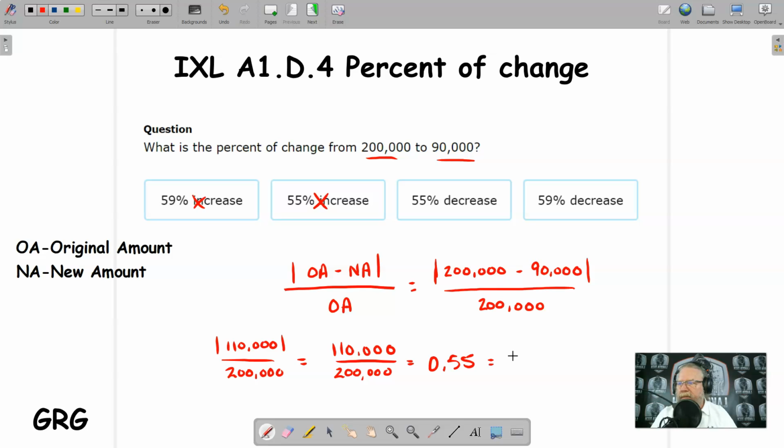And if I write this as a percentage, I'm going to move that decimal over 2 places, throw a percent sign on the end, and 55%, and it is a decrease because we have a lesser amount, so it's going to be 55%